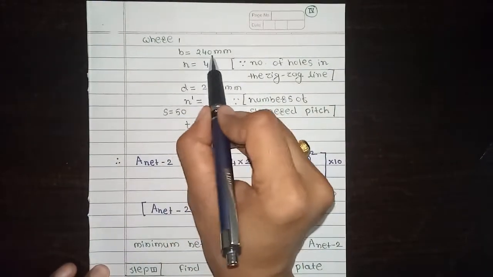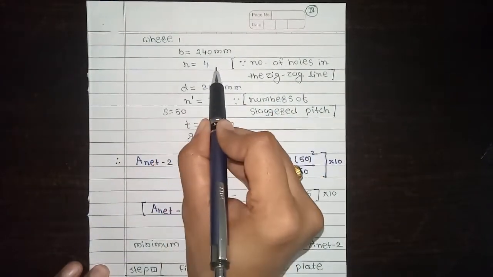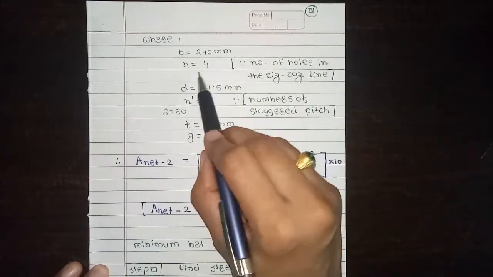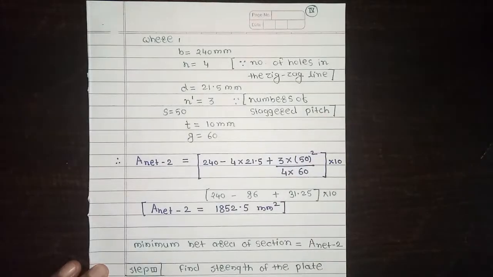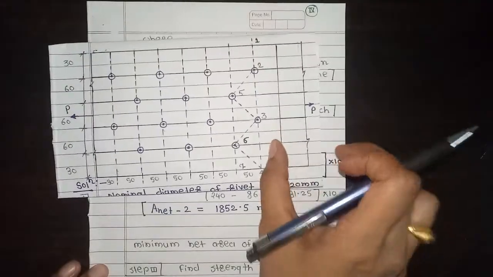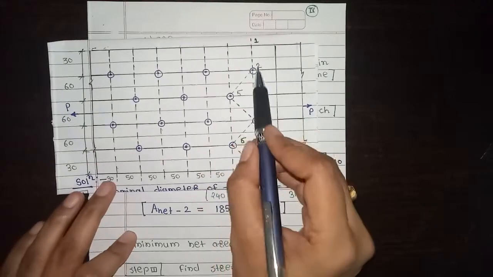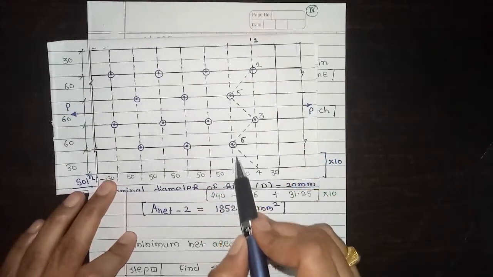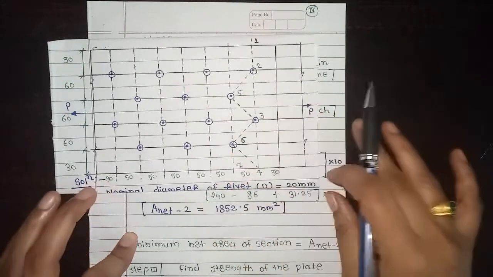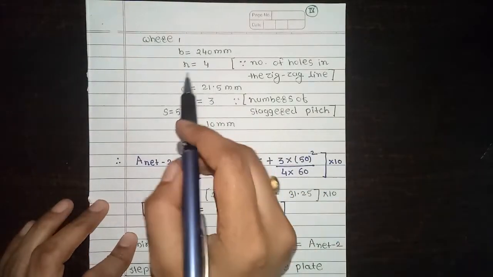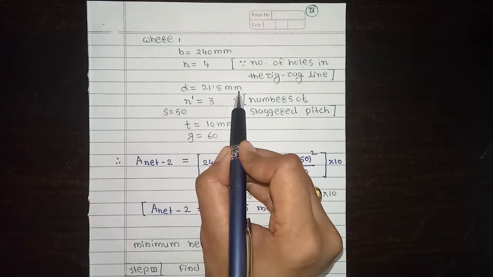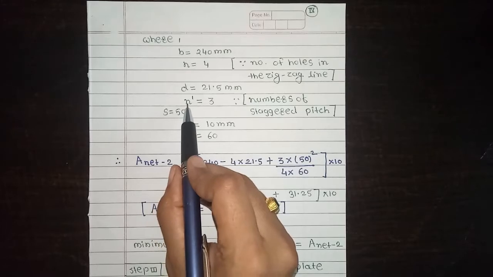Where B is equal to 240 mm, and n is the number of holes in the zigzag line. So n is equal to 4 for pattern 1, 2, 5, 3, 6, 7. Number of holes 1, 2, 3, 4. Okay, so n is equal to 4, d is equal to 21.5 mm as per step 1,